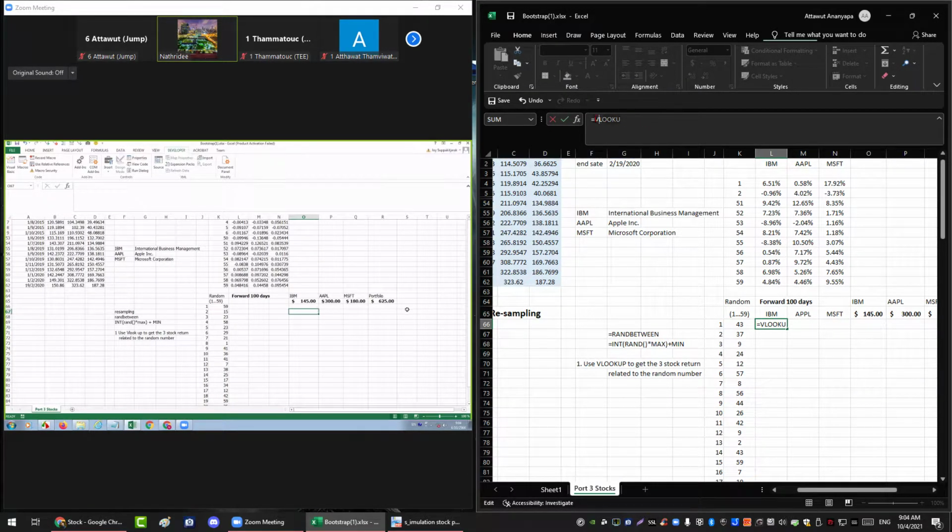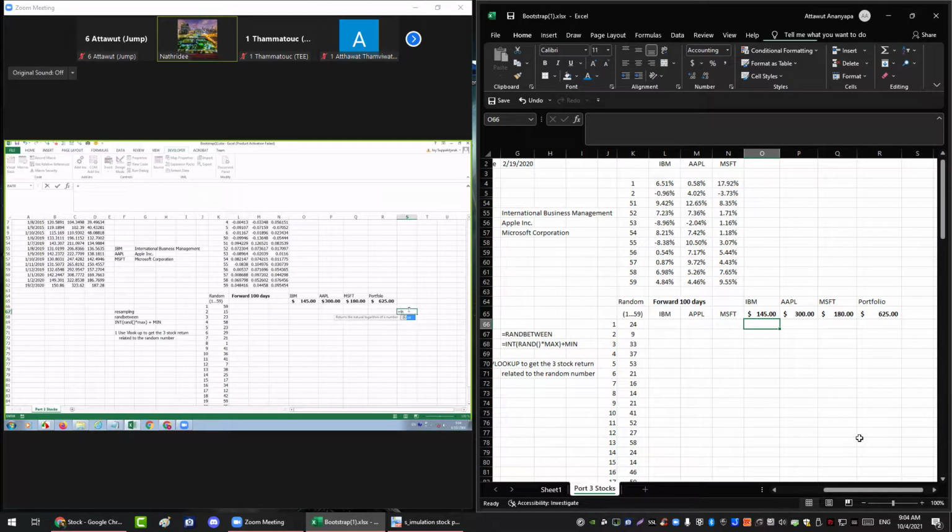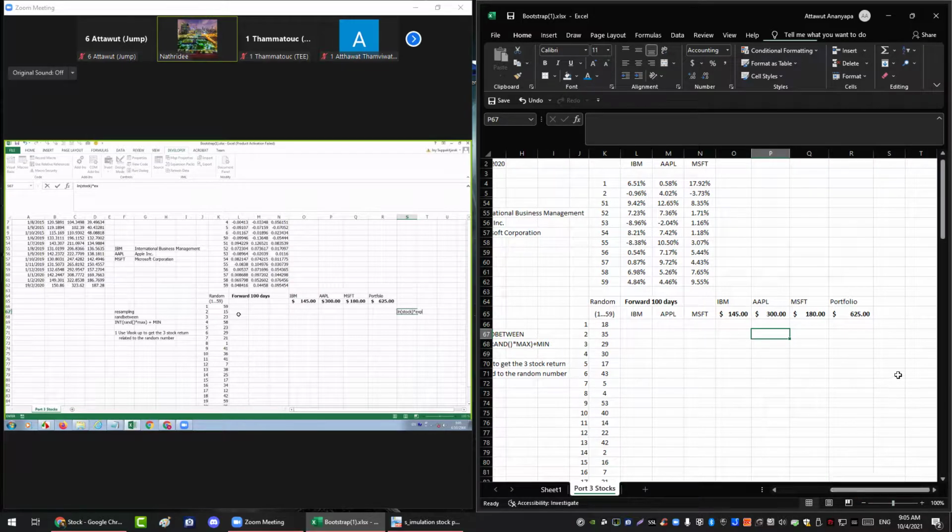So here we can use things like log stock price, or you just click on this one and then multiply by exponential of